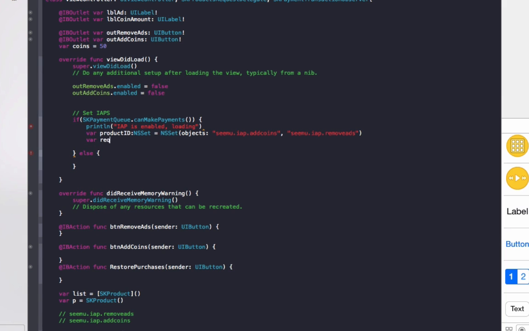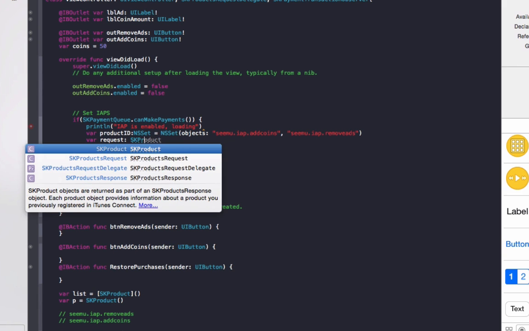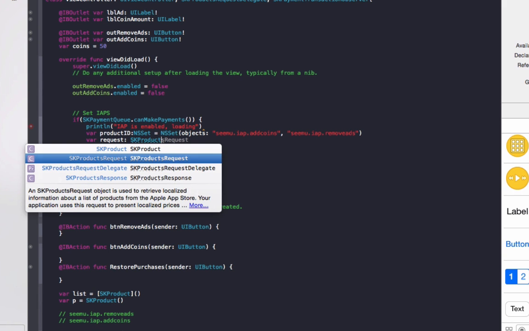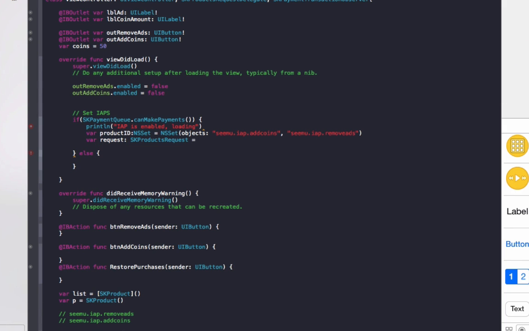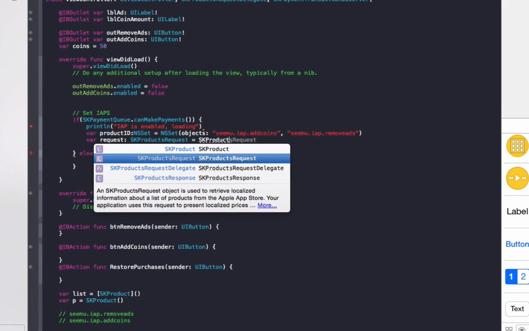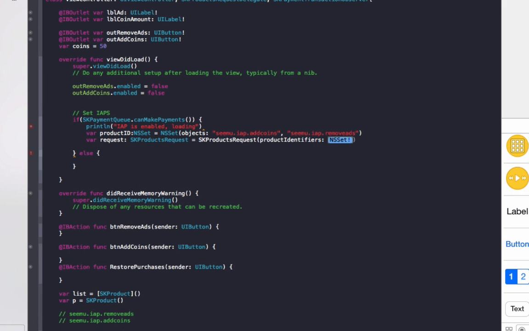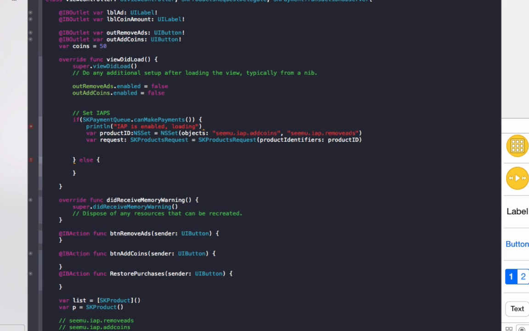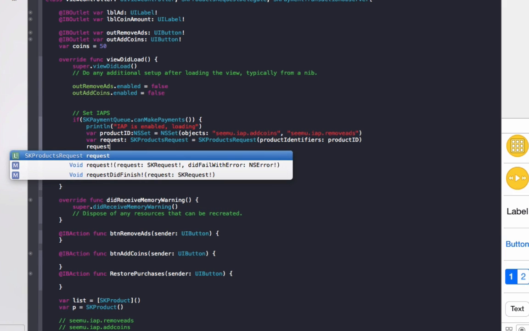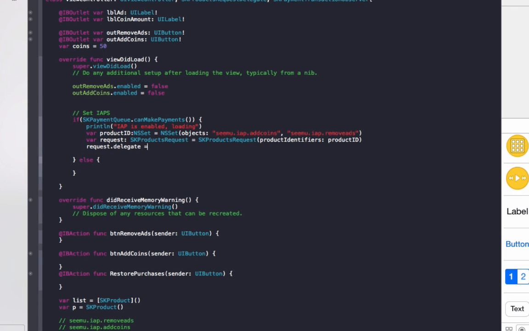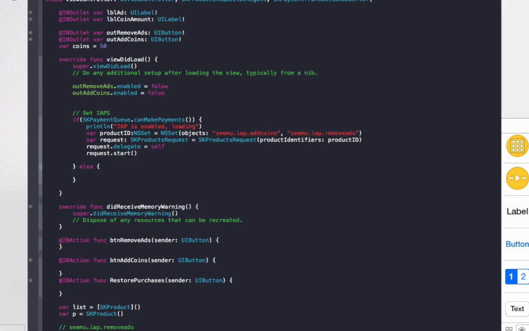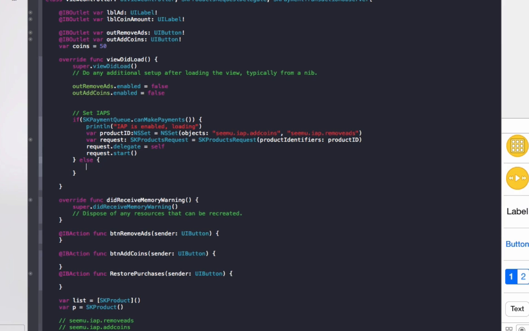We'll do their request, SKProductsRequest equals SKProductsRequest brackets product identifiers, and then we'll add in the product ID list we just made there. Do request.delegate for self and request.start. Now under this else statement, if it gets to here, that means the device doesn't have IApps enabled,